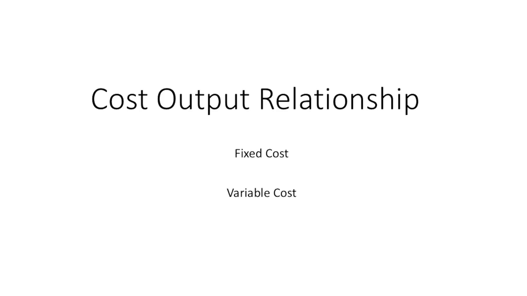Now there are two types of cost involved while producing the product. One is fixed cost and the other is variable cost. Fixed costs are the costs that are incurred on fixed factors like land, buildings, and equipment. Fixed cost in the short run remains constant because the firm does not change the size of the plant and the amount of the fixed factors employed.